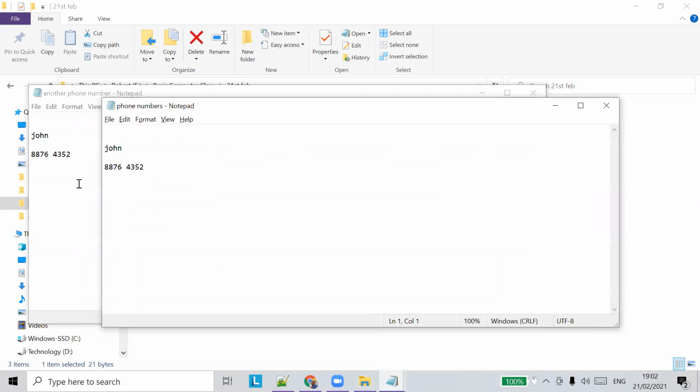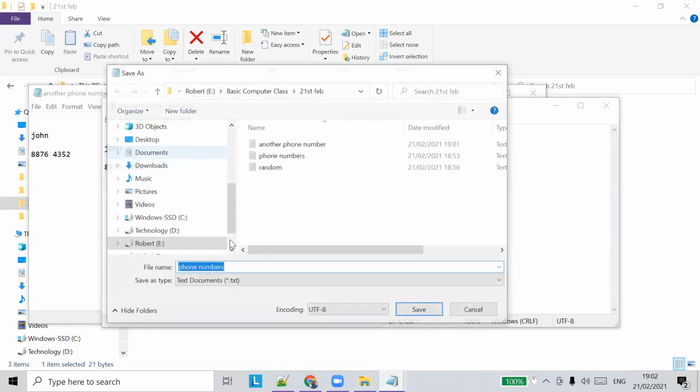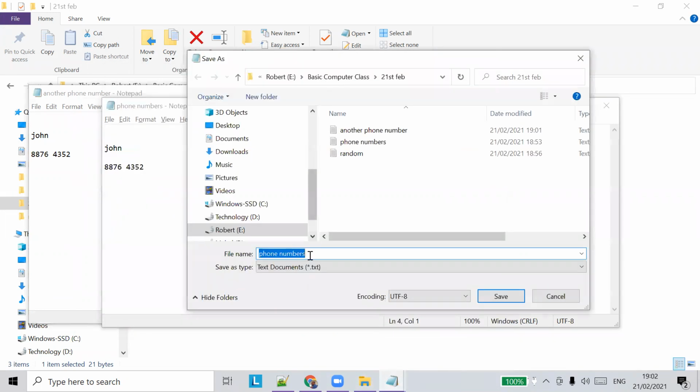See, both these files have the same content. So what we did is we used the Save As option to save with another name, but we are saving the same file with the same content. So that's how we do.